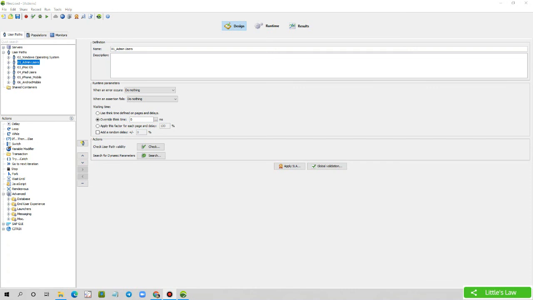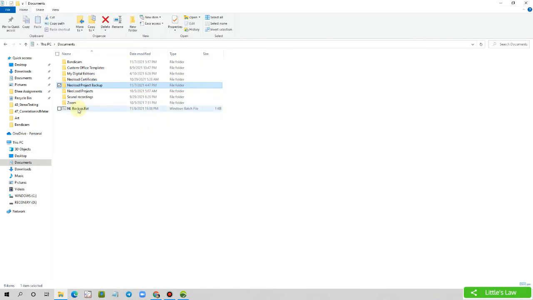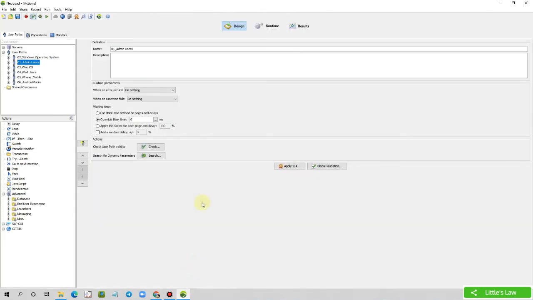Just a recap. First we made an external copy using nlbackup.bat, that is, taking a backup of the current project to a new folder. Second, we downloaded the new version from the website to get the latest version, and then installed NeoLoad in the suggested default directory. Then we started NeoLoad and activated the license. And fourth, we opened the project and checked whether the script needs to be updated, and it's working fine. With that, we complete this video of upgrading NeoLoad to the latest version.